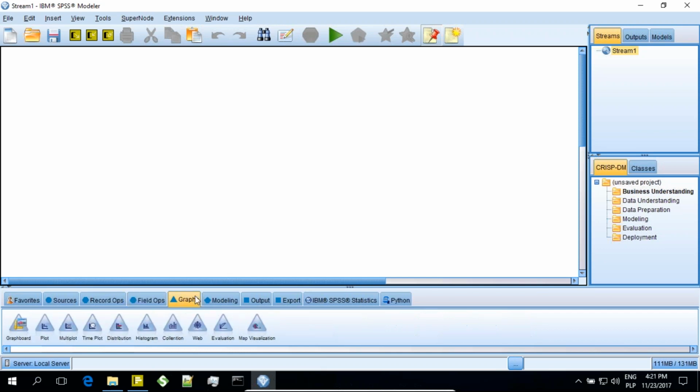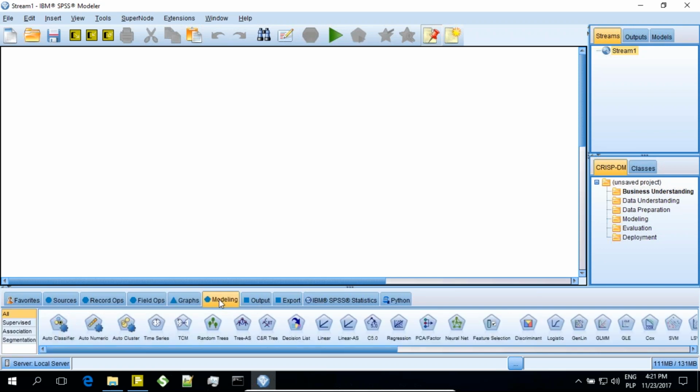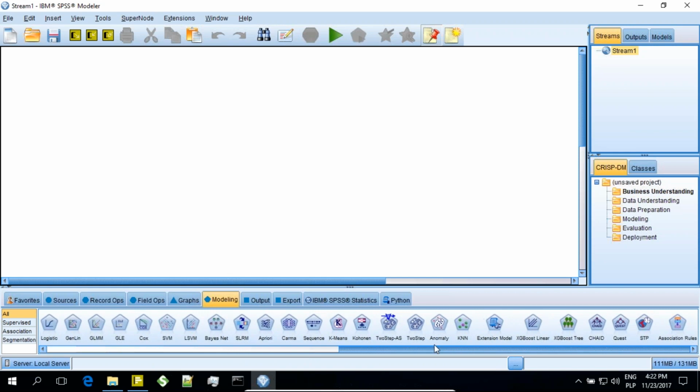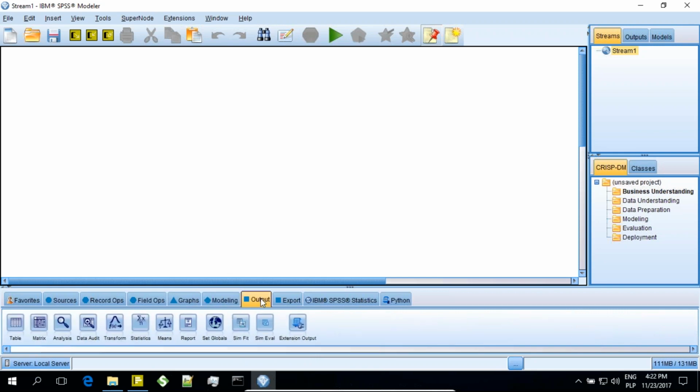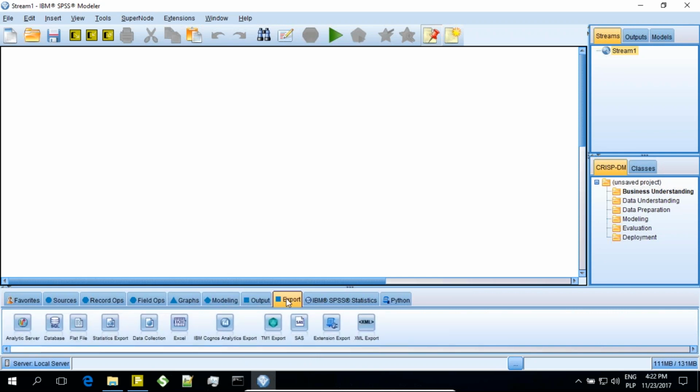So I've got some menus here, some triangle nodes which refer to the different graph types, and then on the modeling procedures, you can see there's a whole bunch of different algorithms that do, among other things, prediction, association, segmentation, lots of other stuff. And then we have output nodes, which show us how to evaluate the results that we're creating,